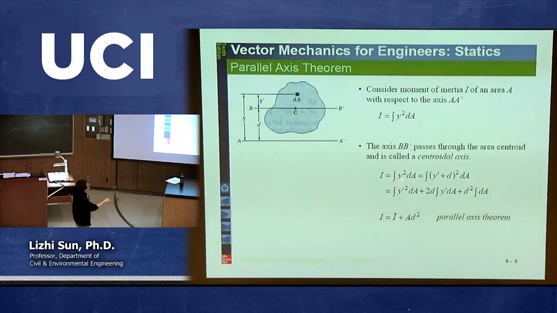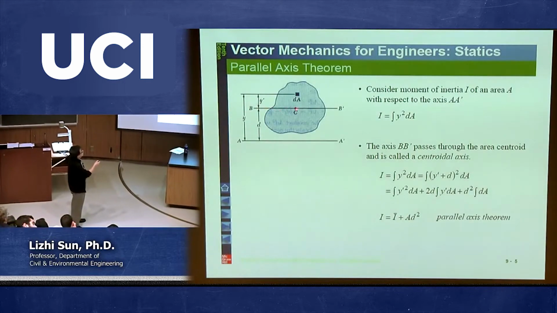So the moment of inertia with respect to the A prime axis is defined like this. Now, if we pick any dA point in this cross-section area, anywhere, then this is y, which is here. Now, if I create another axis, which is called the B prime,